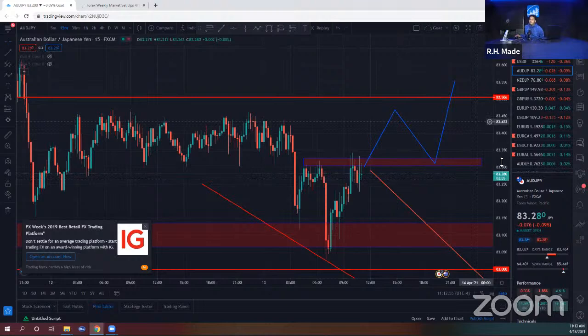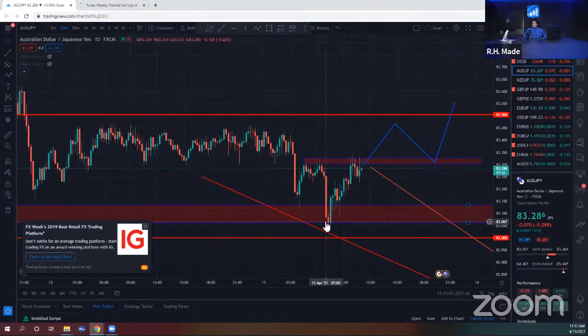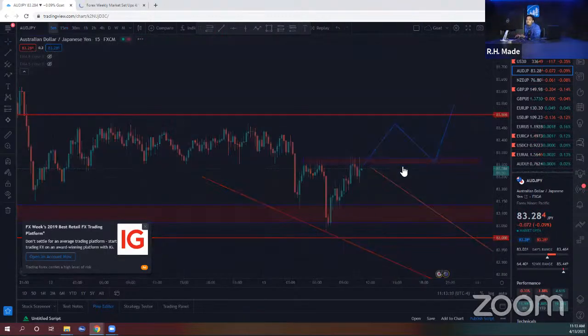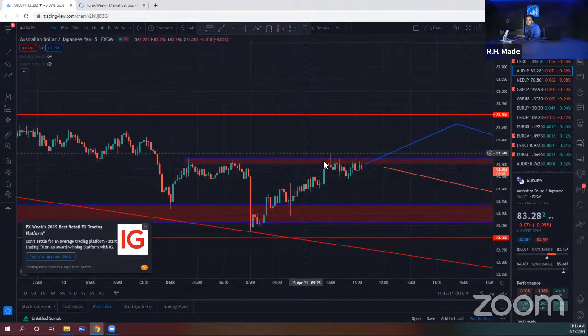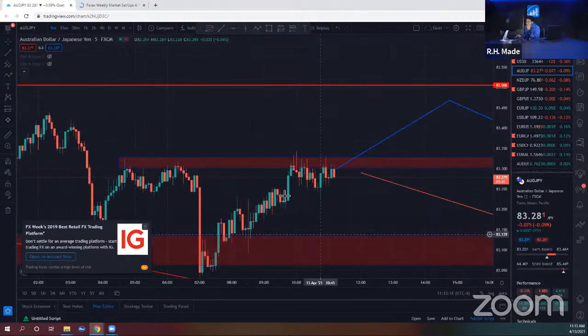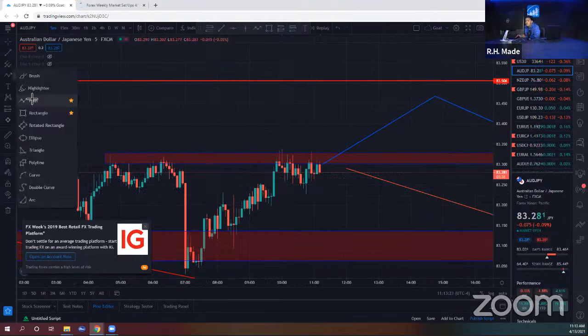And for bears, again, we're still waiting on the break and retest of 83 even, the 83 even major level. So right now, very short term, we're waiting on a break of structure. If you're a bear, on the 5-minute time frame, we are waiting for, depending on what time this lines up,